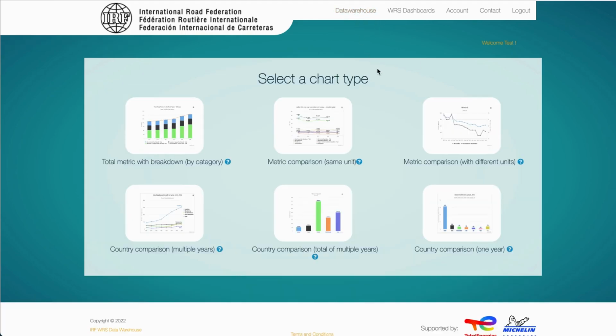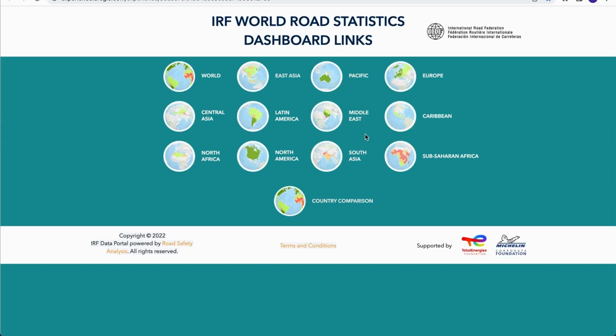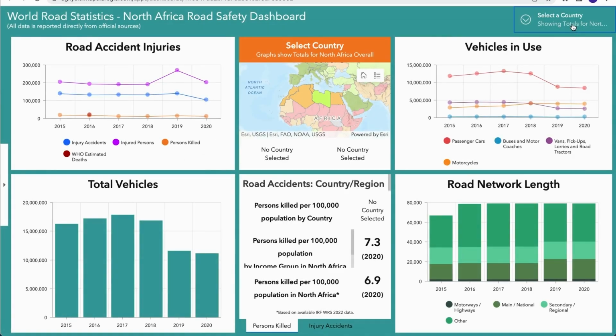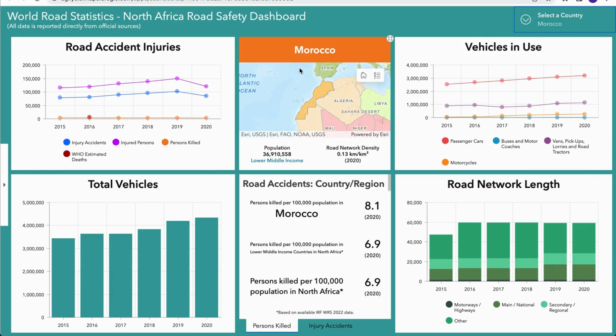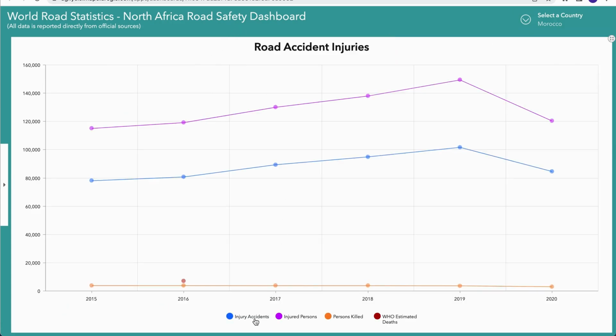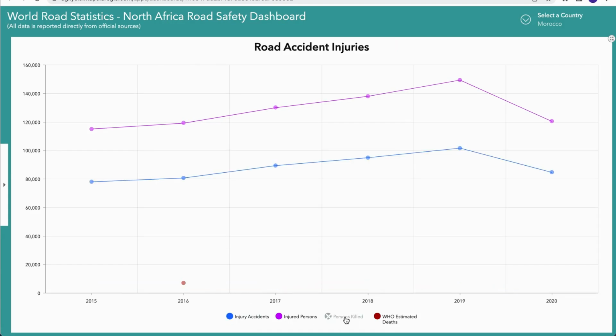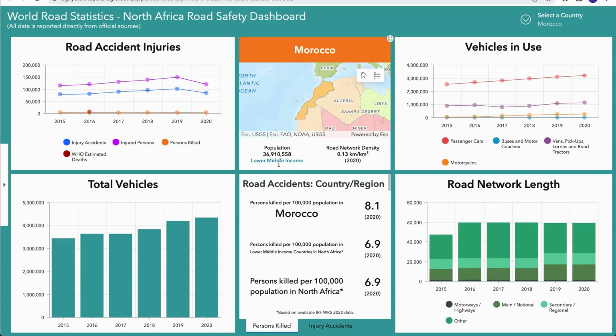Again, we can go back, and then if instead of the graphs I would like to look at the dashboards, I can then click on this. It will open up a separate tab, and I would then be able to look at various different regions of the world depending on what I'm interested in. So for example, North Africa, and I would then be able to select a country from this region. So here let's take the example of Morocco, and the dashboard will automatically adjust and show everything. I can zoom in on the individual charts and would again be able to select and unselect the different items. I could close it. I would also be able to see the income group, the latest population, road network density,